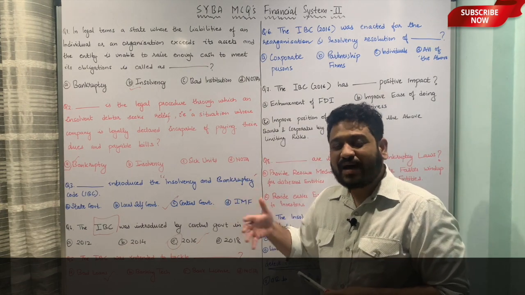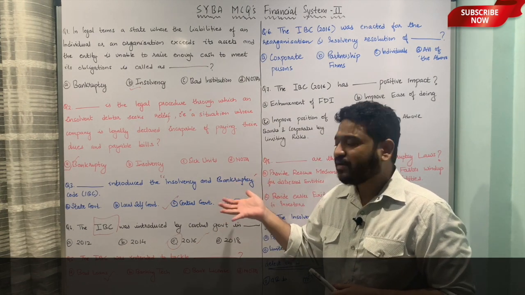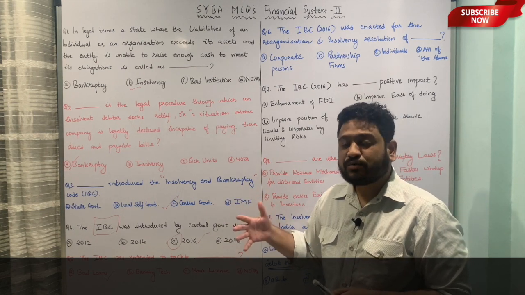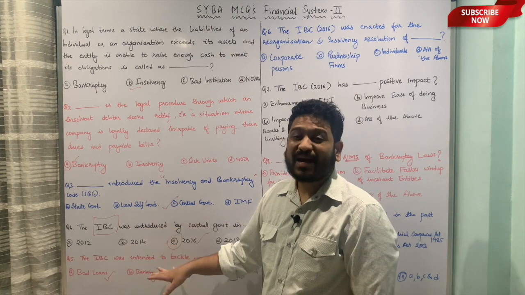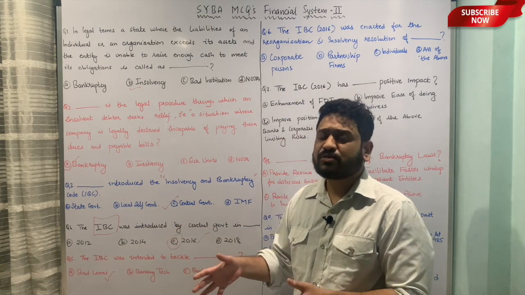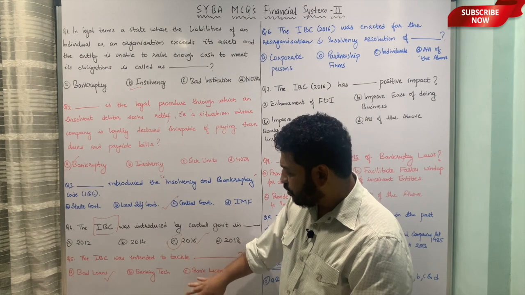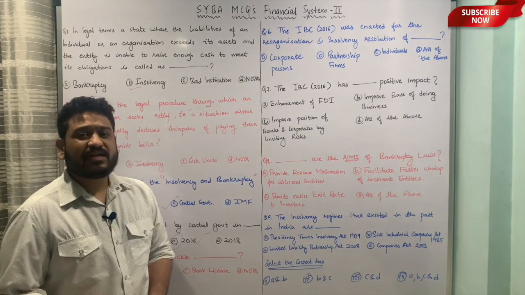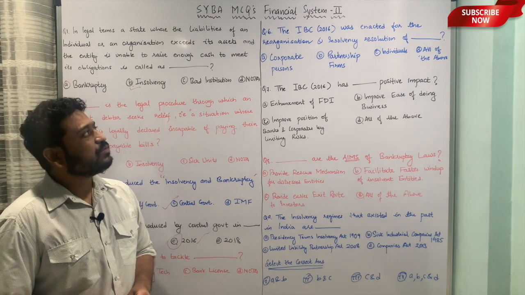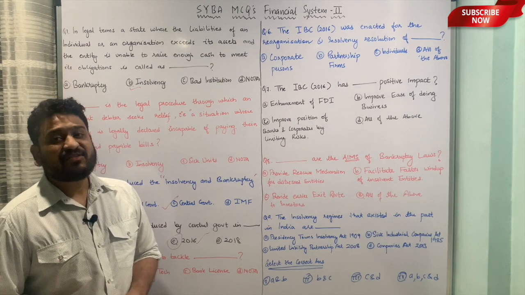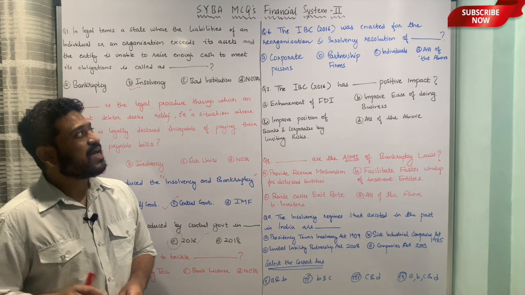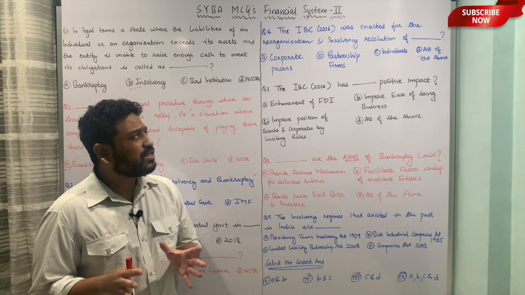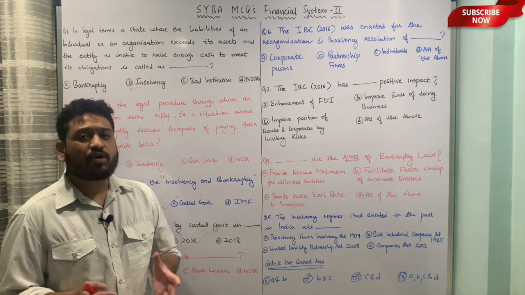So now I hope you are getting a hang of what the Insolvency and Bankruptcy Code bill is and why it was introduced. It was introduced to tackle the problem of bad loans associated with banks, financial institutions as well as corporates. I hope this question is clear. Let us now move to the next one. The next one is, the Insolvency and Bankruptcy Code Bill 2016 was enacted for the reorganization and insolvency resolution of dash, for the reorganization and insolvency resolution of whom.